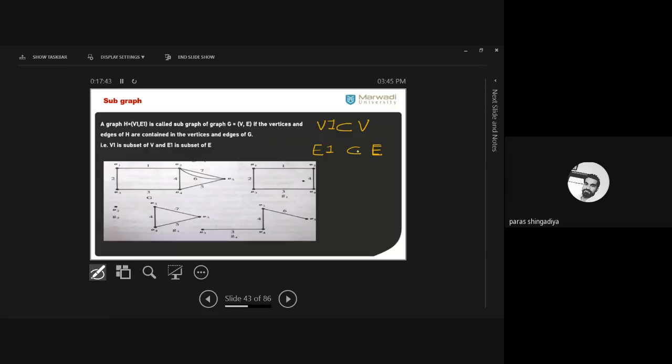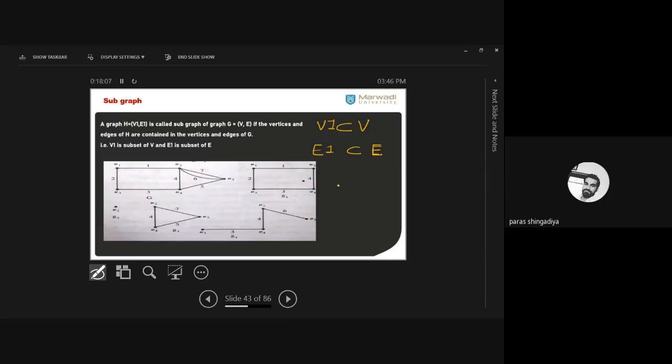And here I consider a single vertex. So a single vertex is here, V2, V1, okay? So consider only a single vertex; it is also a part of the graph, so it is also known as a subgraph of the main graph. Clear? If it is a part of the given graph, then it is called a subgraph. If it is not a part of the given graph, then it is not a subgraph.